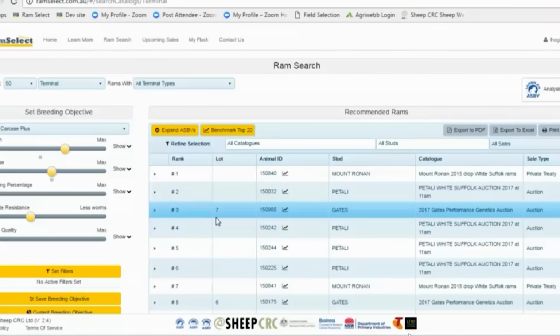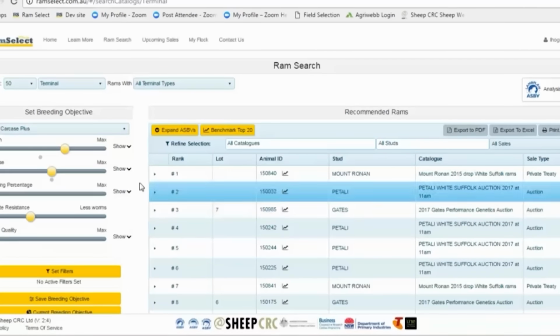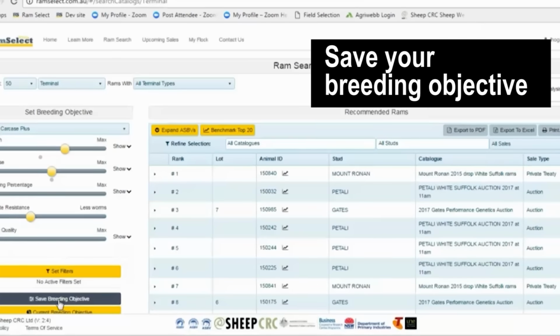Things that you can do now that you have an account within RamSelect is you can save the settings you have on the slider bars, or the breeding objective as we call it. You'll see here that I've done a search for terminal rams, and I've put a little bit more emphasis on growth and also on parasite resistance compared to the Carcass Plus index. Now I'm happy with those settings, for example, for this year, so I can go down and click on the Save Breeding Objective button,